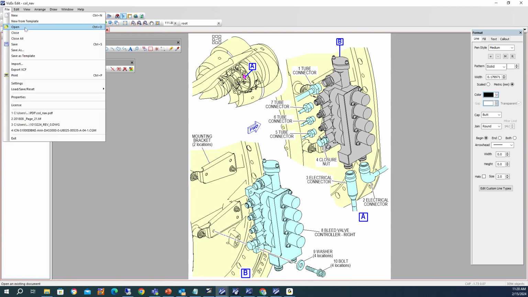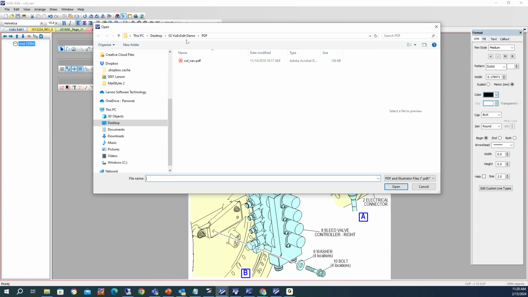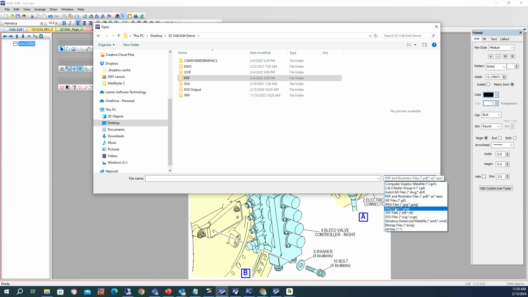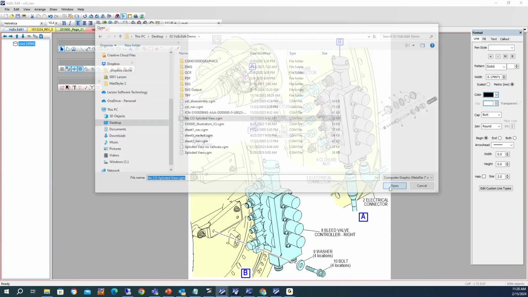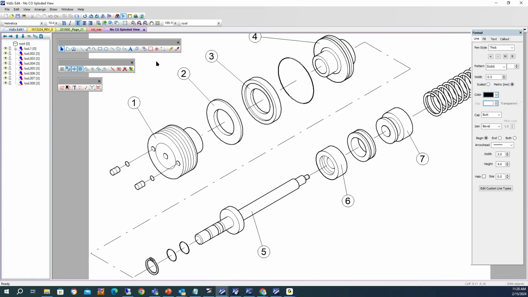And then one of the most common ones we get is where it's just really a CGM file, and we want to go, say, to SVG. So if I click on my files here, let's just try and do this one. This is a CGM file, but now I want to save it as SVG. This has actually got hotspots on it here. So we can see all the hotspots that have been created with the red rectangle. If I now save as